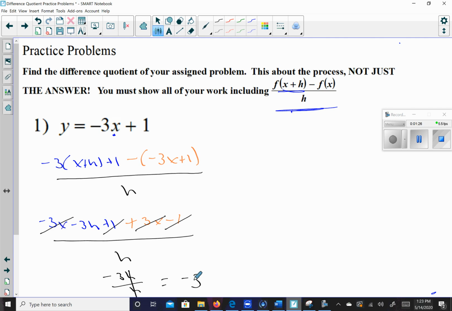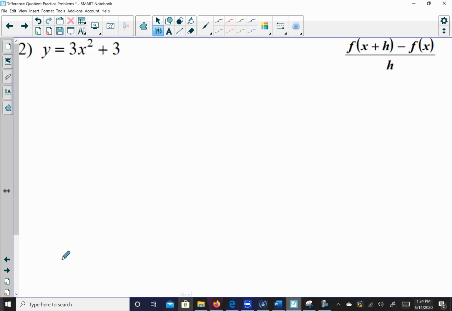Again, I cannot stress how important the work is versus just getting the answer. Eventually, you will recognize the pattern. That's not what we care about right now. Right now, we care about the work. So looking at the next one, I have